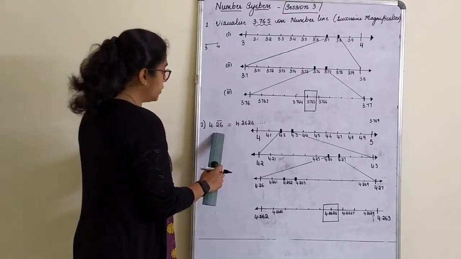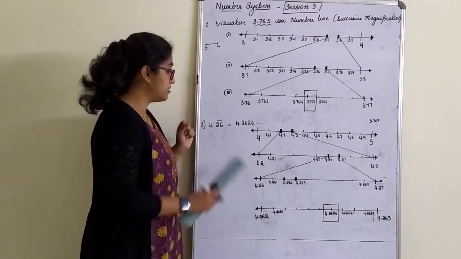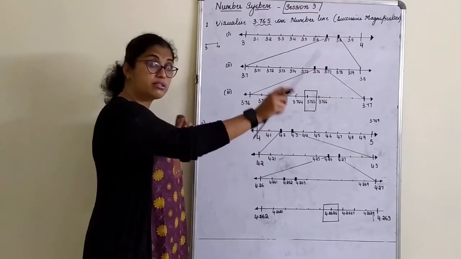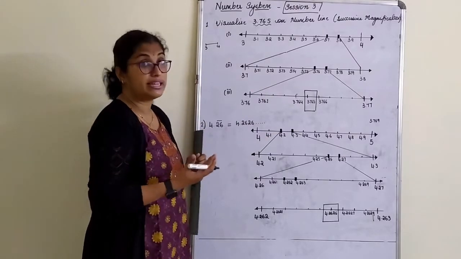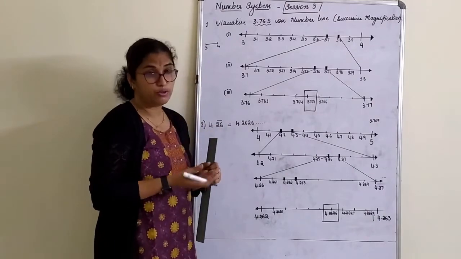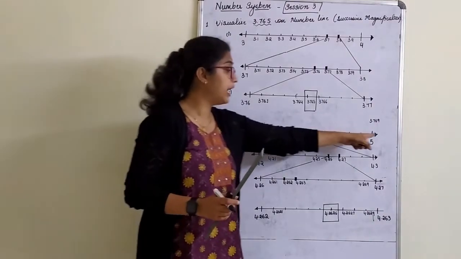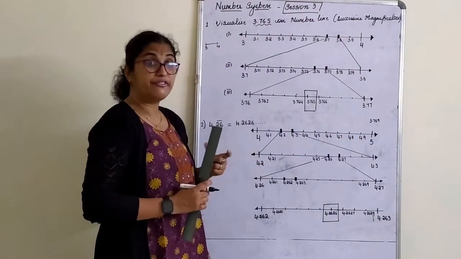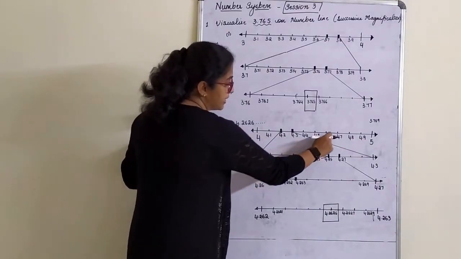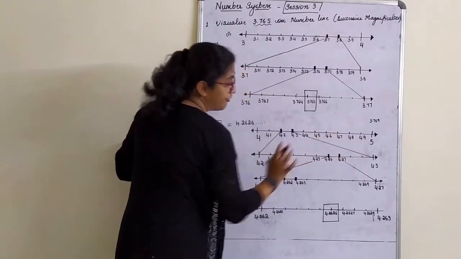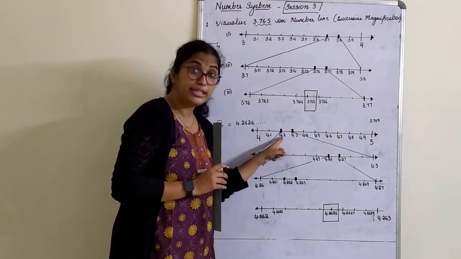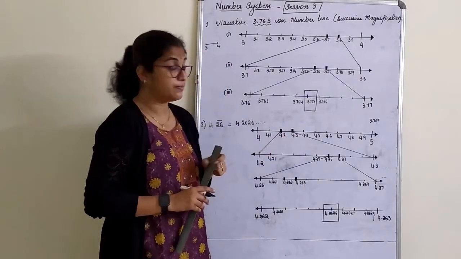Now we have the second one, 4.26 bar, which is 4.26, 26, 26, continuously it goes on. So again, 4.26 lies between what? It lies between 4 and 5. So between 4 and 5, if I take subdivisions, 4.1, 4.2, 4.3, 4.4, 4.5, 4.6, 4.7, 4.8, 4.9, 5. 4.26 I want. So that lies between 4.2 and 4.3.